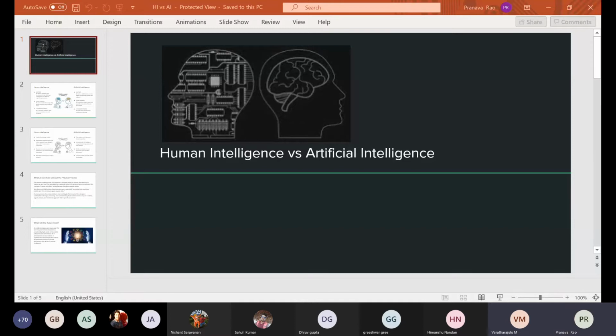AI is a term used to describe the intelligence demonstrated by machines. AI programs may mimic or simulate cognitive behaviors or traits associated with human intelligence, such as reasoning, problem solving, and learning.